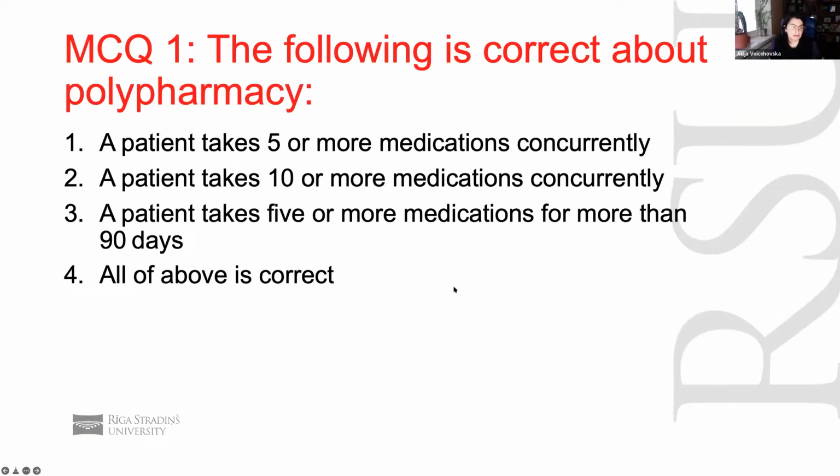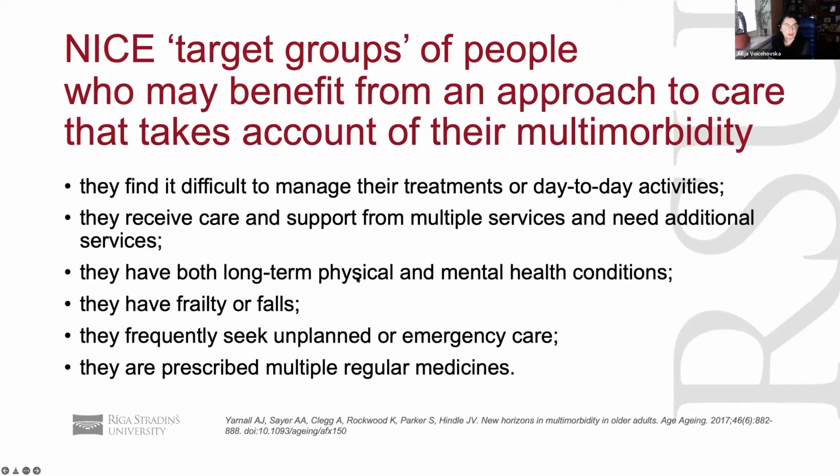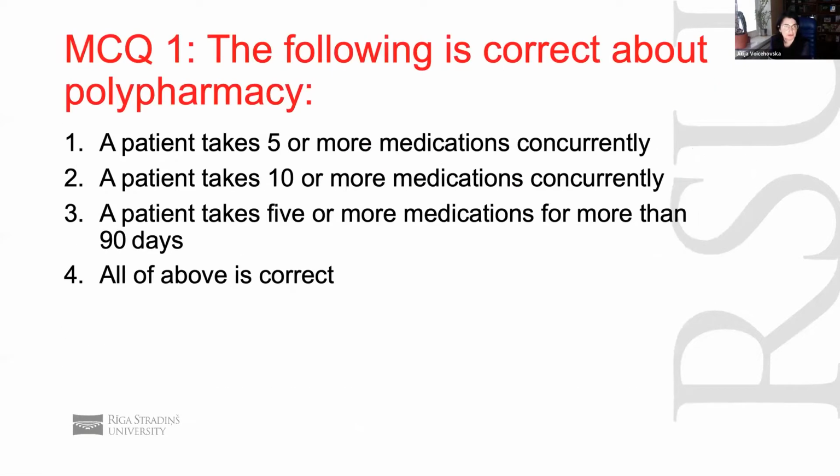So indeed, answer number 4, all of the above, is correct. Yes, so we still have no specific definition, sorry, but this cutoff might be 5 and above. So 10 and above is considered to be hyperpolypharmacy, 11 and above is considered excessive. Yes, and these numbers I would like you to remember. And once you have a patient who takes 5 or more medications,